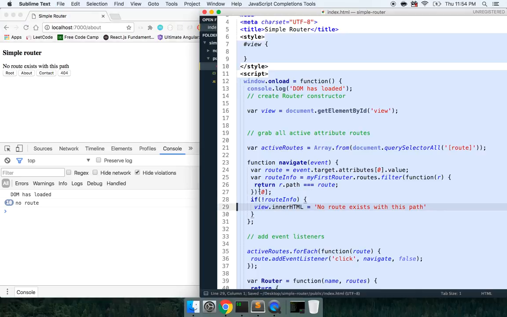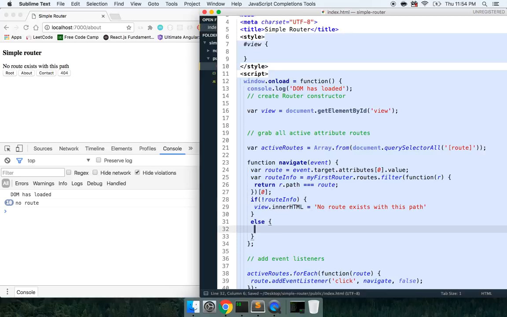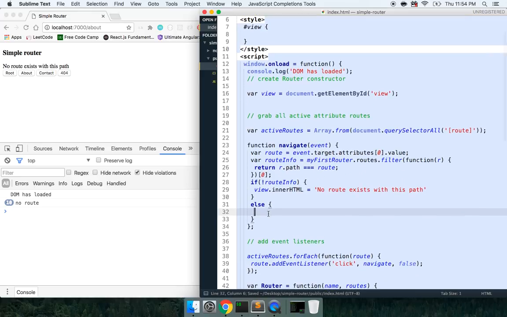And yeah, we needed 0 there because filter is going to return an array to us, and we just want this first object in that array. So otherwise, if there's a routeInfo, then what I can do is